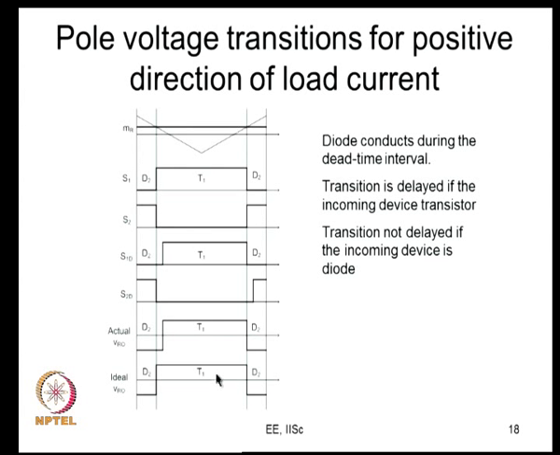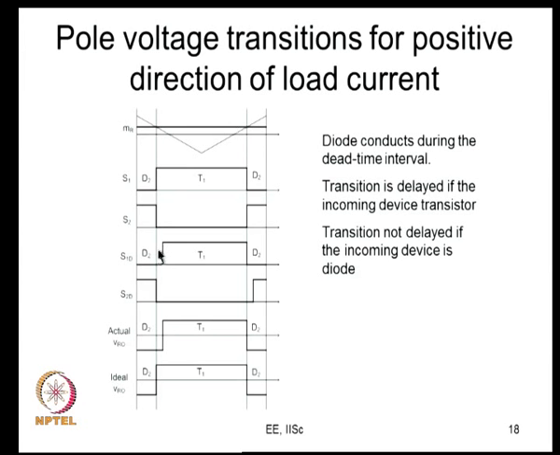So, now if you look at here, the same carrier cycle, the same modulating signal, this is the ideal gating signal for the top device, this is the ideal gating signal for the bottom device. So, who is going to conduct? It is the top transistor is going to conduct here, initially the bottom diode, then the top transistor, and once again the bottom diode D2. So, the signals are delayed. So, D2 is conducting here, T1 is conducting here, again D2 is conducting here.